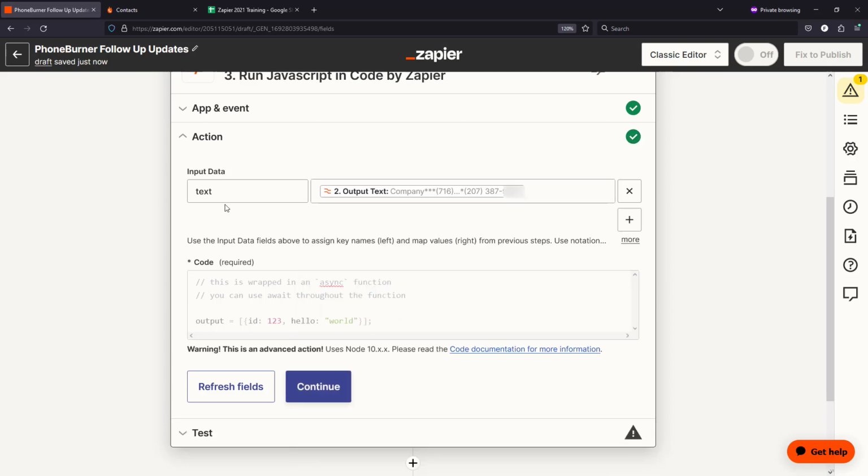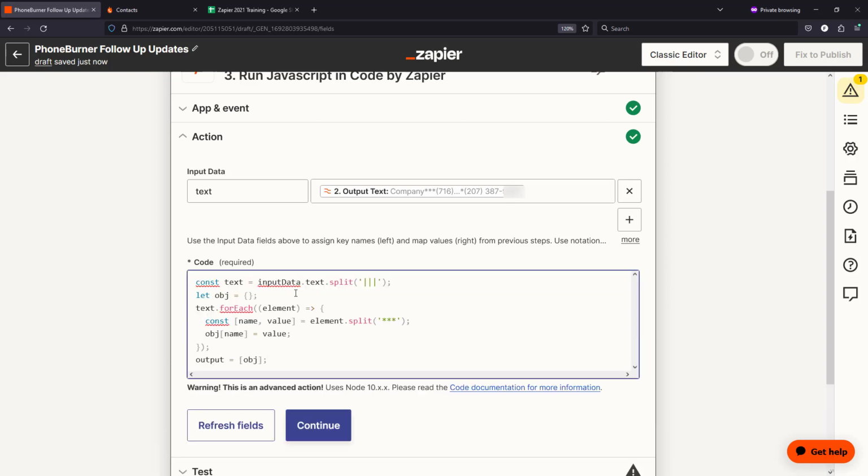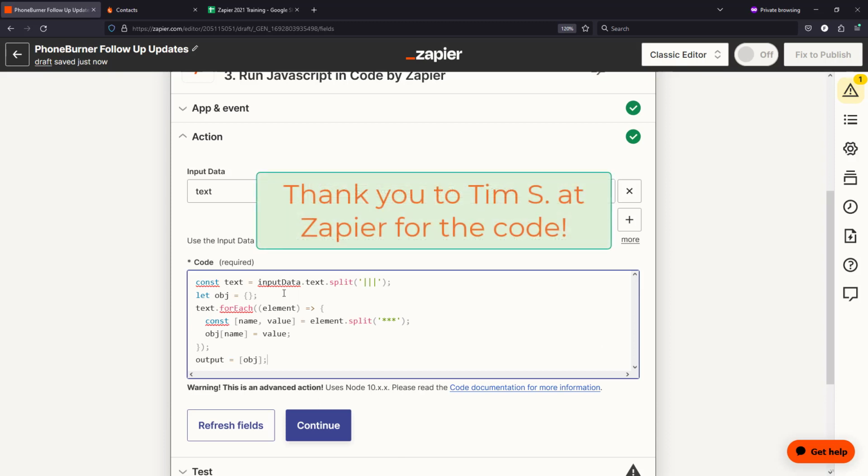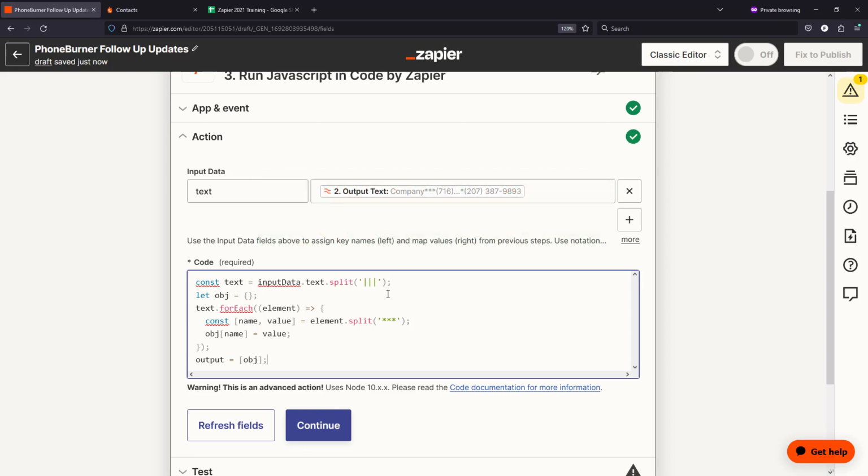Now we need to insert some code. Again, I'm going to tell you exactly what to put in here. In fact, I've got it built, so I'm going to select all this and paste it in here. This is what we want to do. We want to construct an object, and we're going to take the input that we have up here and segment everything based off of those very specific elements that we added, the 3 lines and the 3 asterisks. And then we're going to hit continue,